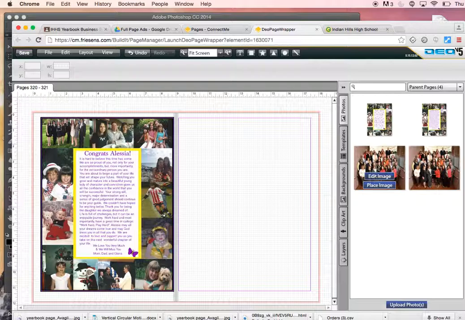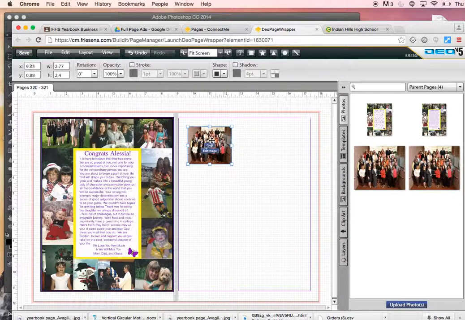But just to double check, once you've uploaded that, I'll come over and I'll place that image. So you can see that the size is fairly small, but we can probably just adjust that. If I click and I drag, it actually won't go any larger. I can go the other way, I can make it smaller. But if I continue to drag, it hits that point and it will no longer get any larger,